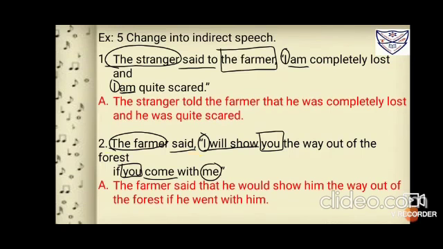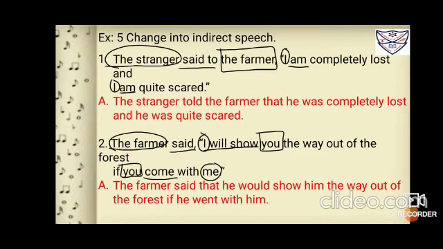Now go for the reported speech and see the pronoun. The pronoun in the reported speech is "I", first person, so circle. Then "you", second person, box. Again "you", second person, box, and again "me", first person, circle. Now first persons change with the speaker and second persons change with the listener. First I'll change the first person: the farmer, because "I" changes with the speaker. The farmer is male and in third person, so we'll use "he" for it.